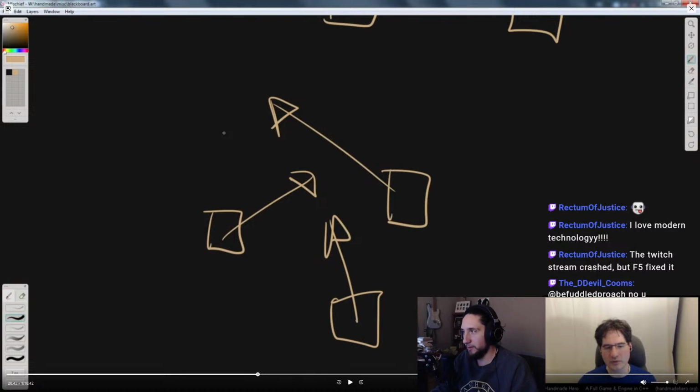Rectum says, I love modern technology. Yeah, but the thing is, it's a smattering of both new tech and old tech, right? Because the internet is not just the internet. We have fiber and broadband, and I don't pretend to understand the minutia of how it all works. I just know the software side of things, in some areas more well than others. Yeah, it just does not want to quit being